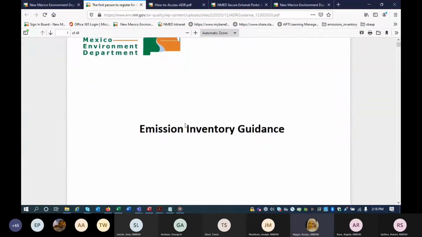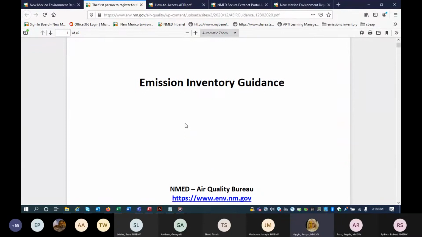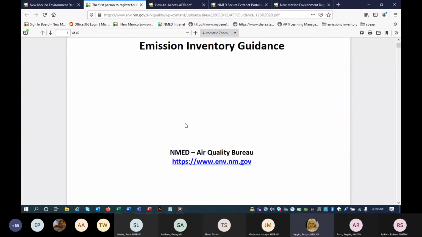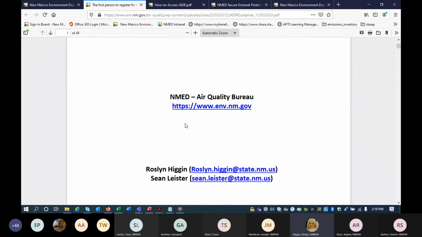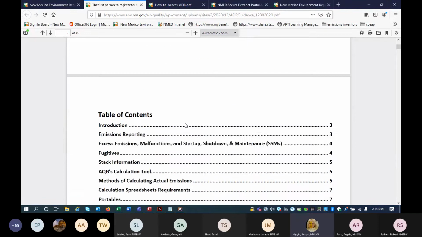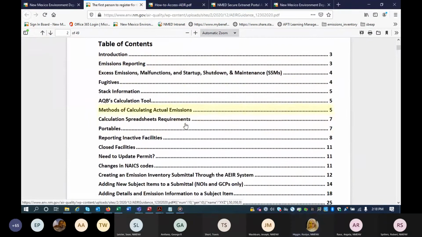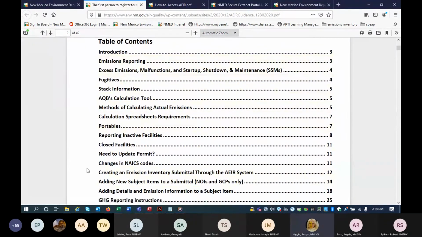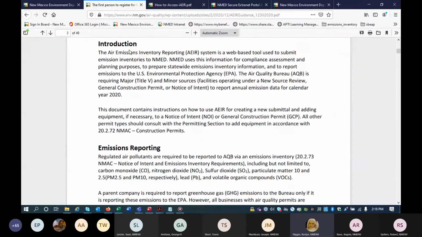And this one is going to be really important. This holds a lot of information from questions, details. The table of contents is a hyperlink. We try to cover everything that we've been asked about, and we think it's going to come up as an issue. So let's go on down to the introduction.